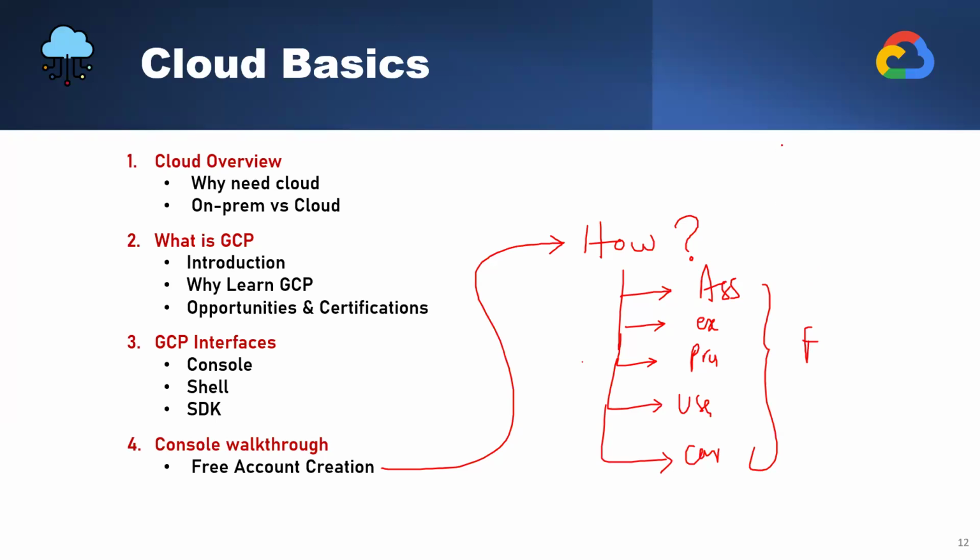This free trial account is worth $300 for the next 90 days validity. So you have a 3 months validity for this one, guys. If you wanted to have one more account, you can create one more account. You will get one more 90 days of validity with some other details. I'll show you how to do that. So I'm going to tell you how to create a free tier account, which is worth $300 for the next 90 days.